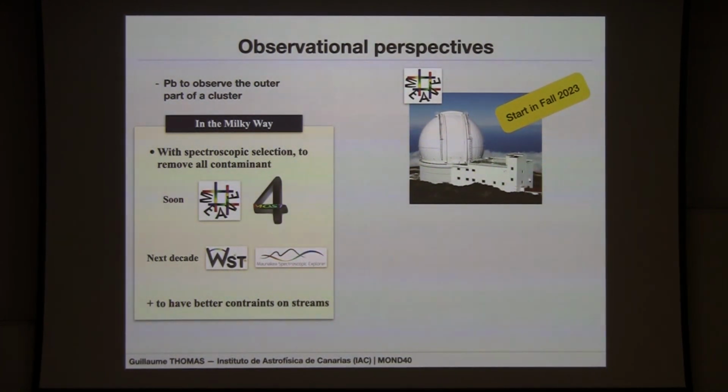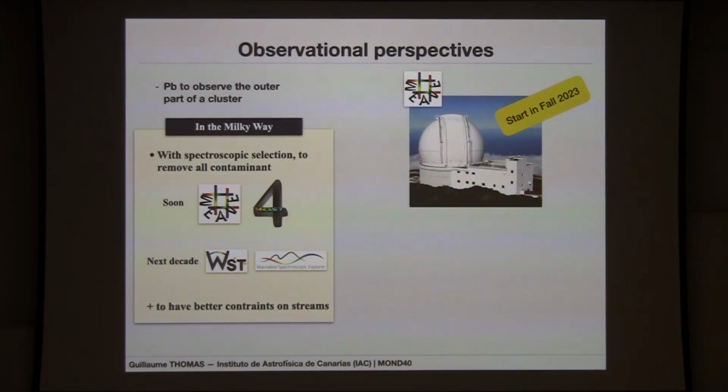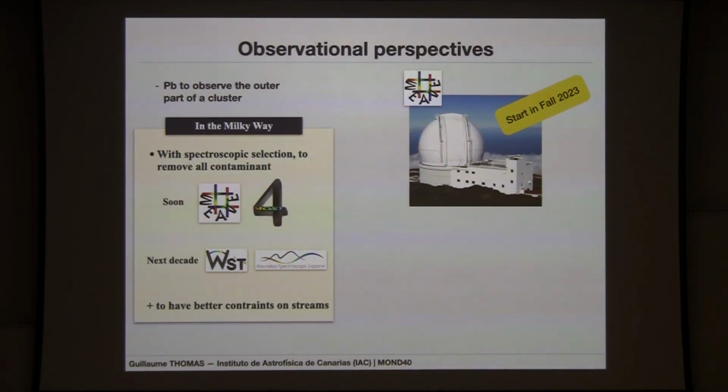In the Milky Way, we need to select all the stars and remove all the contaminants, because we are talking about selecting maybe at most 100 stars in the outer part of the globular clusters to see the morphology of the shape. So for that, we have to use spectroscopic data, because Gaia data alone are not able to properly select the stars of the globular clusters. We really need to get the chemistry, metallicity, and alpha abundances to select the stars that really belong to globular clusters.